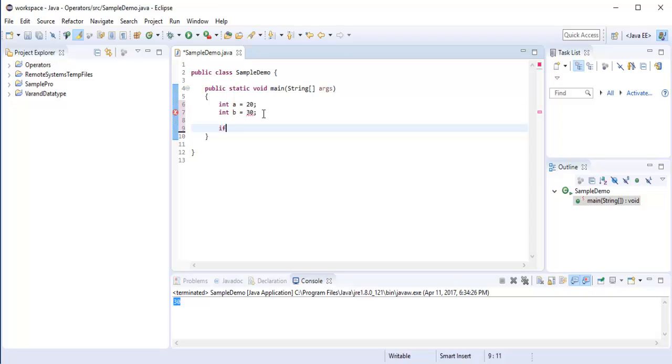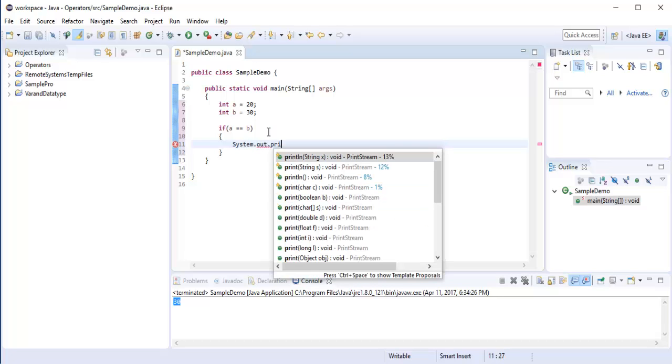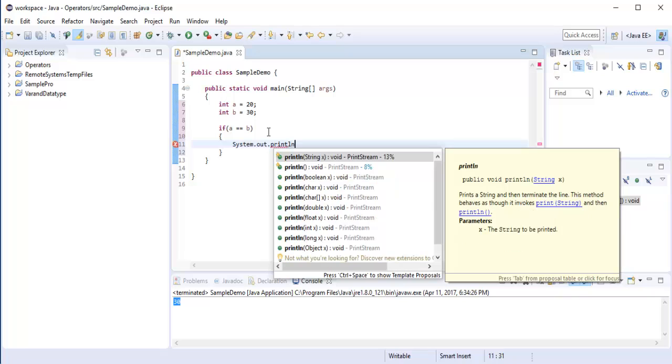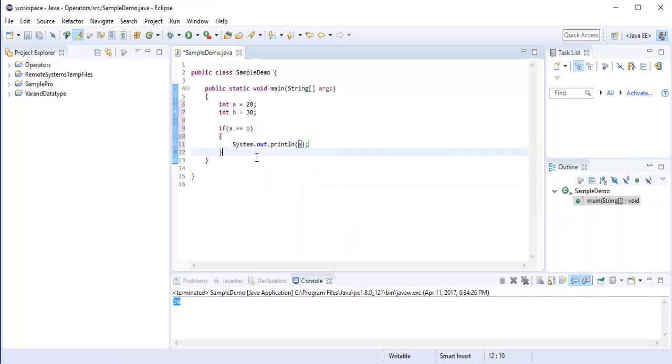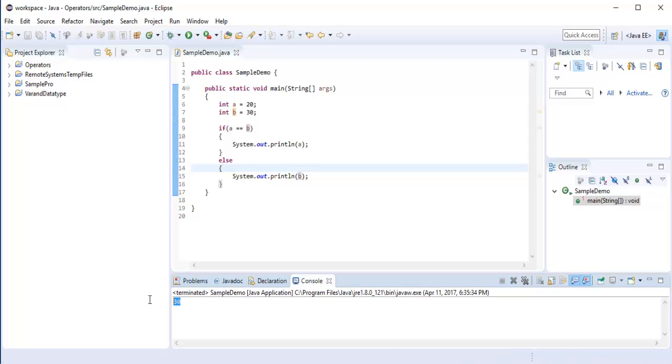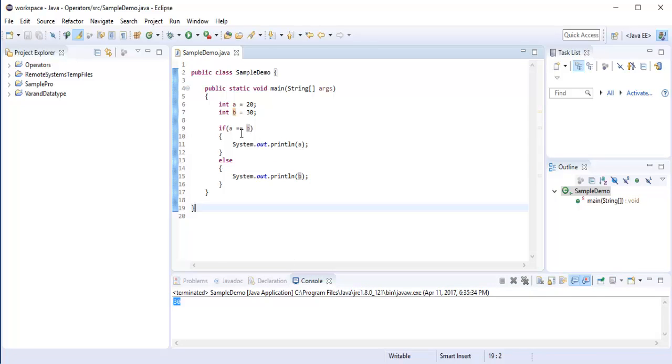Now if a is equal to b, then I need to print a, else print b. Now when I run this program, I'll get the output as 30, because a is not equal to b.